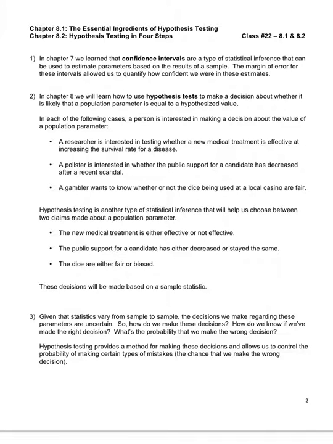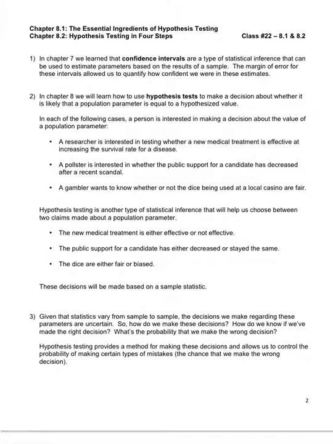Hey, this is Chapter 8, Hypothesis Testing for Population Proportions. And we're going to look at sections 8.1 and 8.2 today, the essential ingredients of hypothesis testing and hypothesis testing in 4 steps. All right, number 1, in Chapter 7 we learned that confidence intervals are a type of statistical